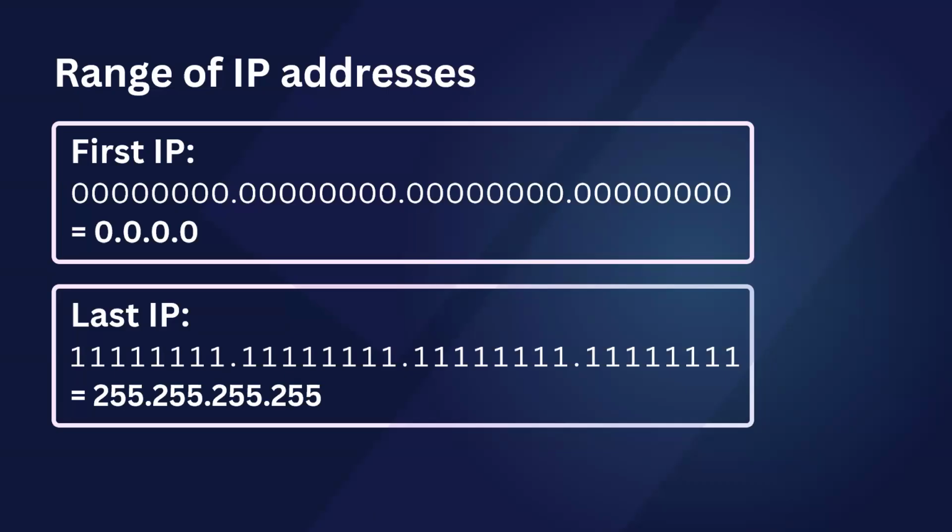Why is it stopping at 255? The logical reasoning: all octets have 8 bits in them, and when you put all ones in each octet, the maximum value it can reach is 255. It cannot go beyond that. In an octet with 8 bits, if you put all ones, we calculated just now, you get 255. You cannot exceed that. So the last IP is